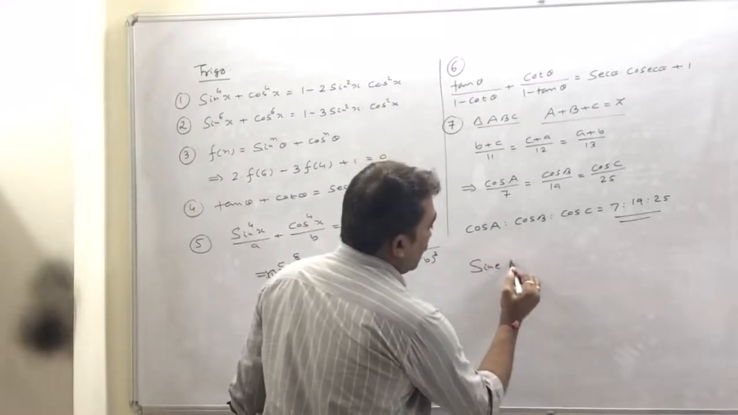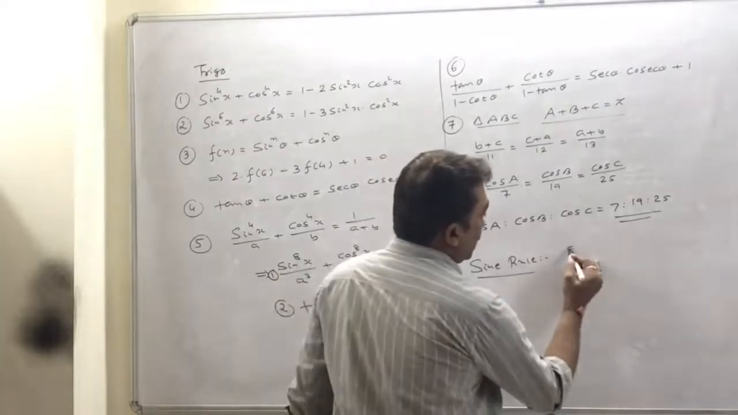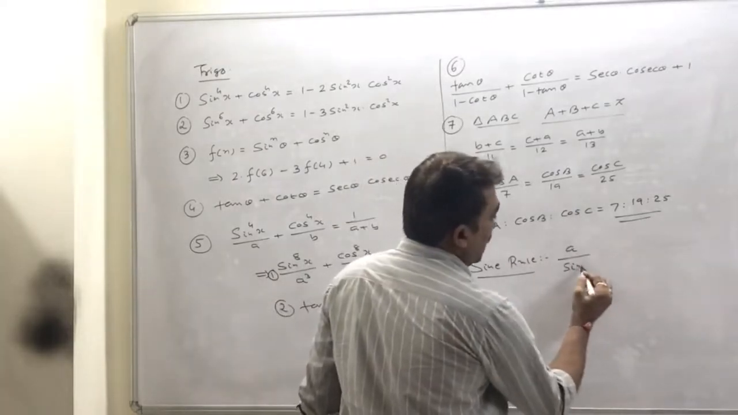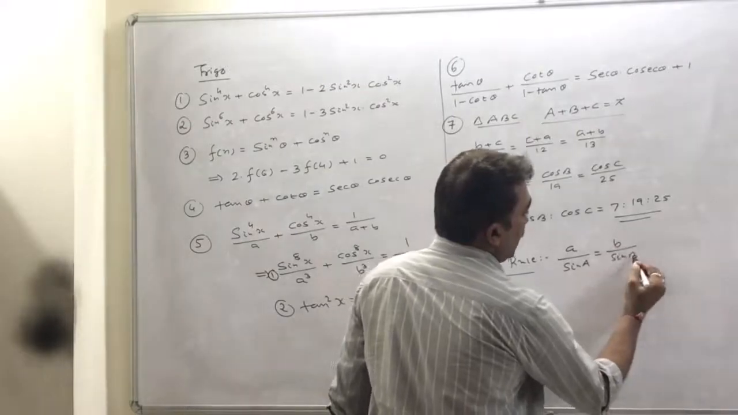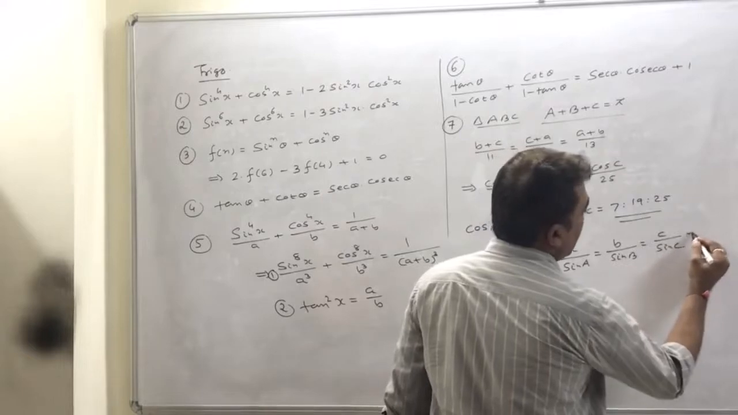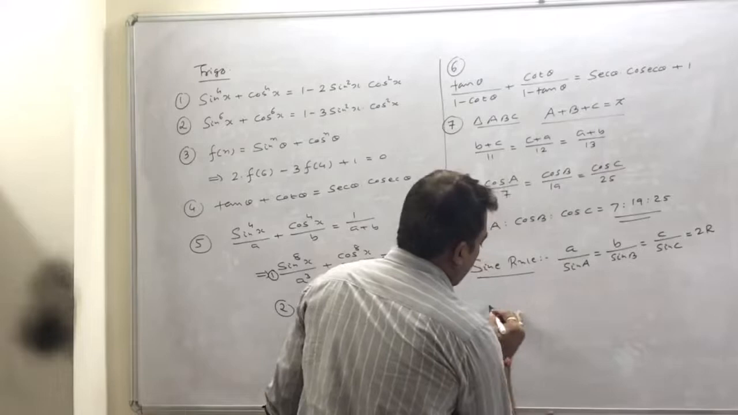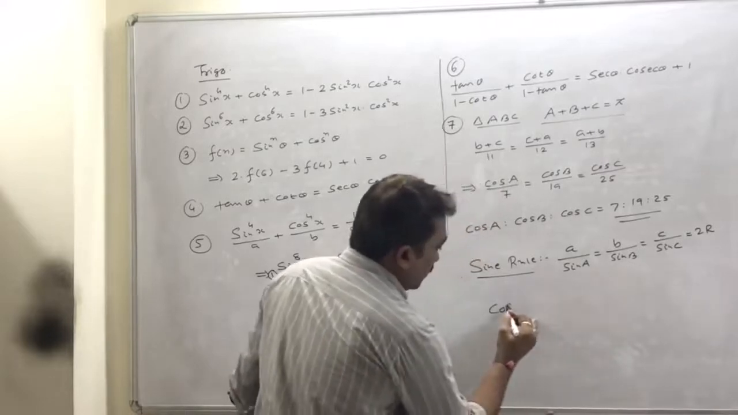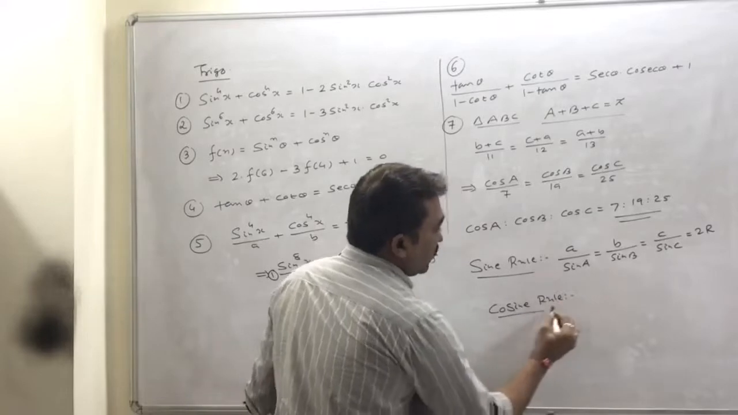First one is the sine rule for triangle ABC. Sine rule is a upon sine A is equal to b upon sine B is equal to c upon sine C equal to 2R. And second one is the cosine rule. Cosine rule is this: